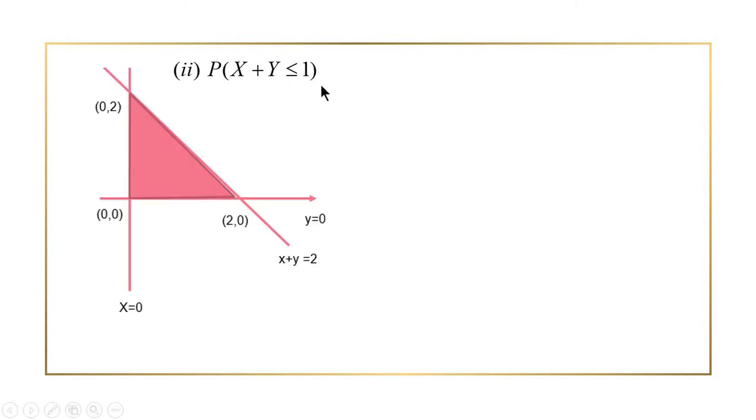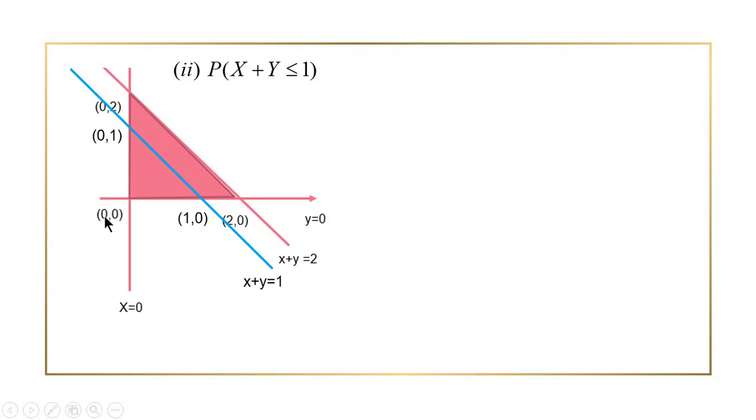Now let us proceed with the second half of the question. Probability of x plus y must be less than or equal to 1. Consider the base region. Now I am going to draw this region where the sum of x and y must be less than or equal to 1. Now draw the line x plus y equal to 1. This is my line x plus y equal to 1. These are the vertices 1, 0 and 0, 1. Now my question is whether it is below the blue colored line or above the blue colored line.